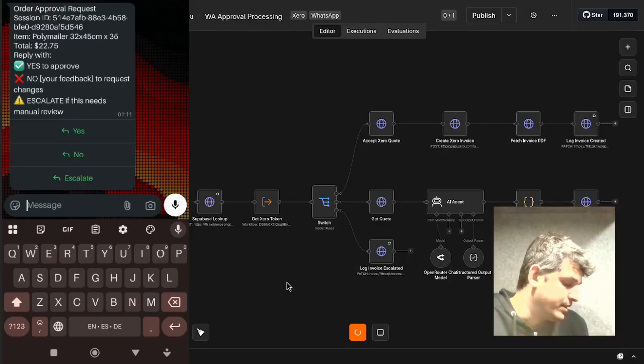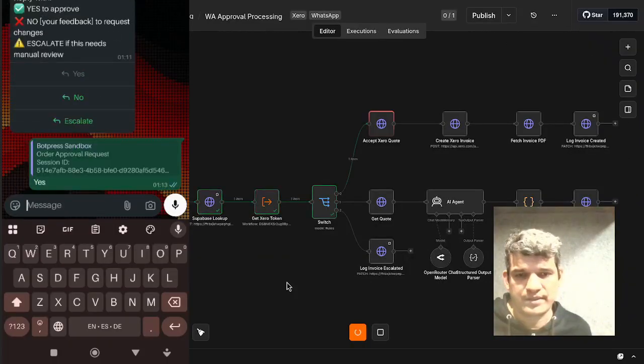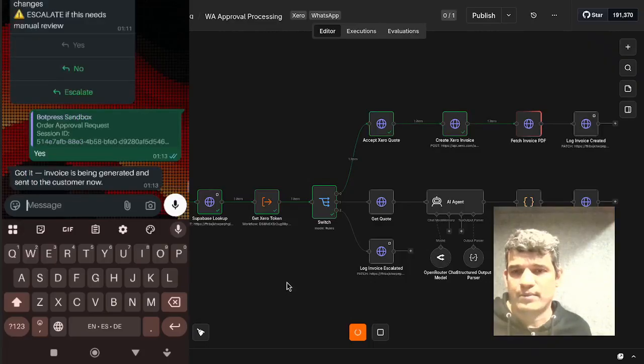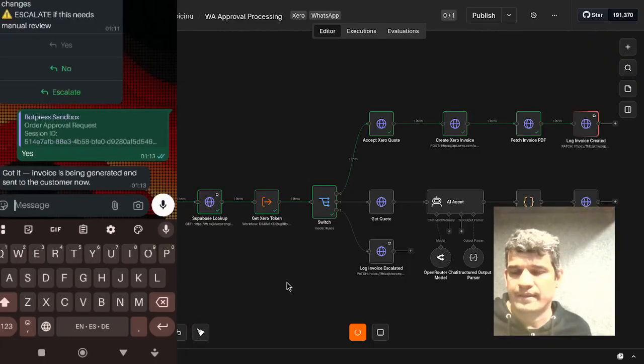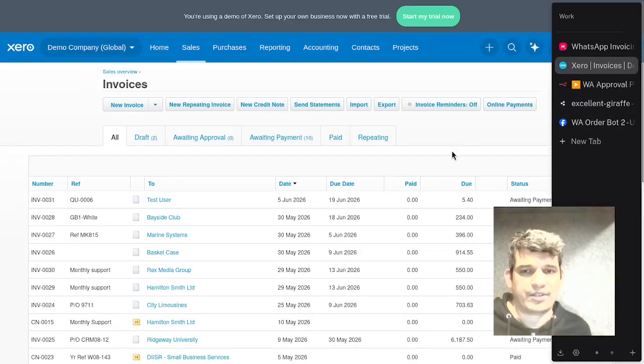So I'm gonna go ahead and pick yes, and this should run the automation, and here you can see it running, and the quote has been accepted. The invoice has been created and the workflow executed successfully. So now if we go to Xero